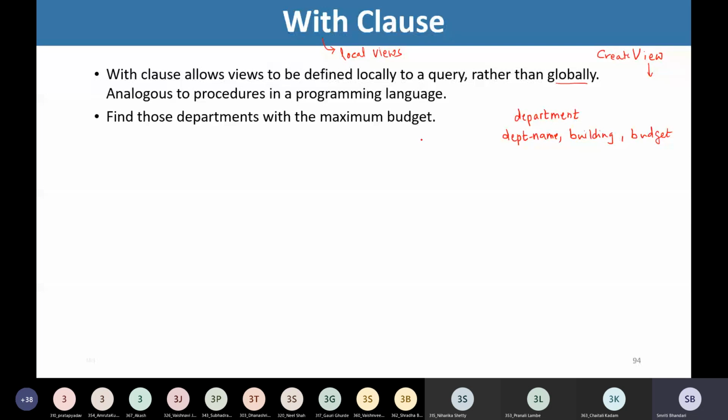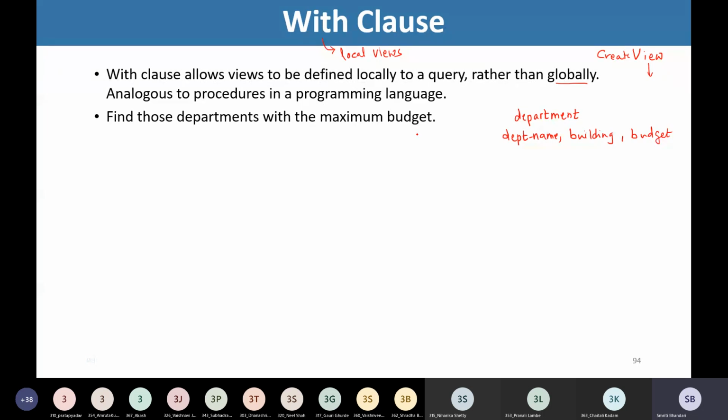Now this is similar to what we have written earlier: find the department name for whom the total salary of the instructors is maximum. This is a similar kind of query, right? But now we are making use of the with clause to write this.